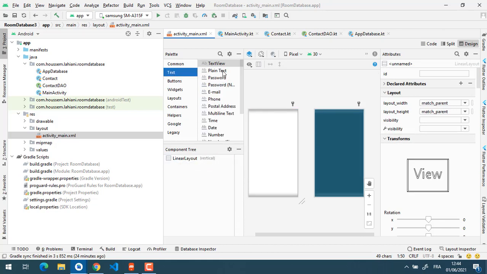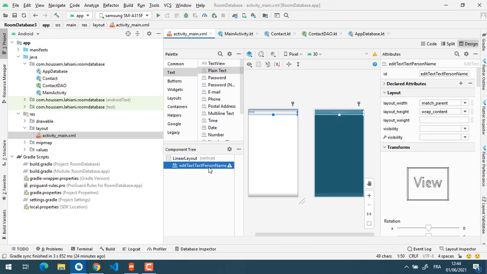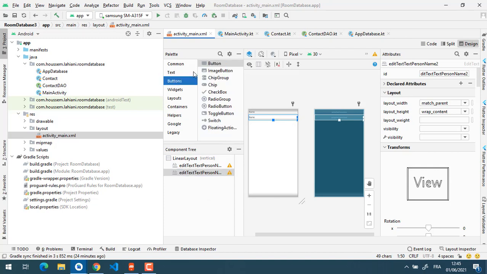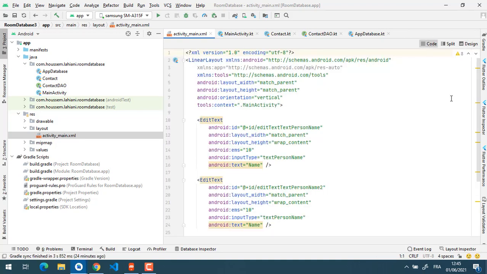Here I must put an edit text for the name. I must also add a second edit text for the phone number, and finally I must add a button. Add. Here I will change IDs, so here name,